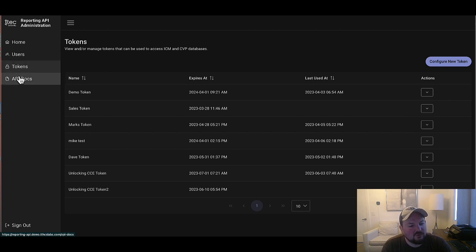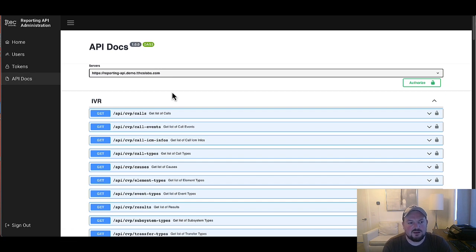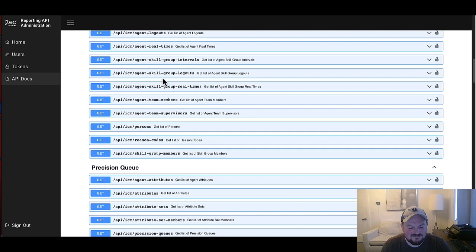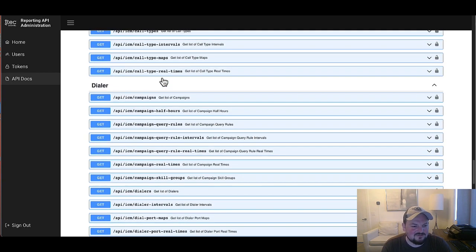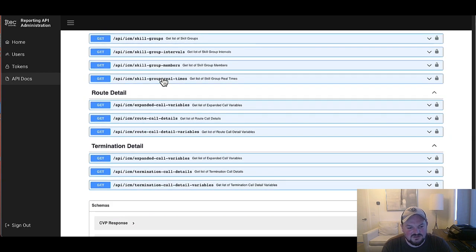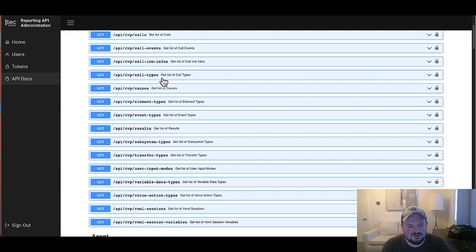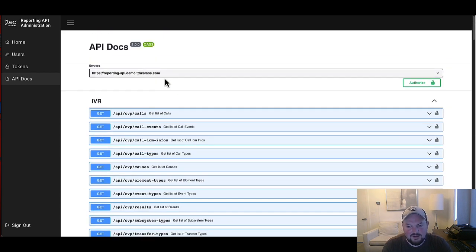Okay, so now that I have that token, let me get to the meat of this. Within the reporting API, we have created roughly, let's say 70 plus APIs, and you can see they're broken down from a documentation standpoint, just kind of logically in how they get used. And well, let me cover why we did this. I talked about the challenges earlier. Let me start with the first challenge